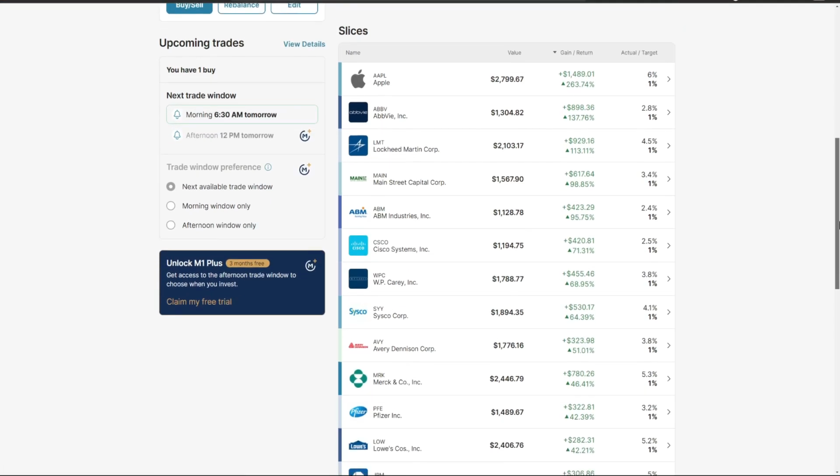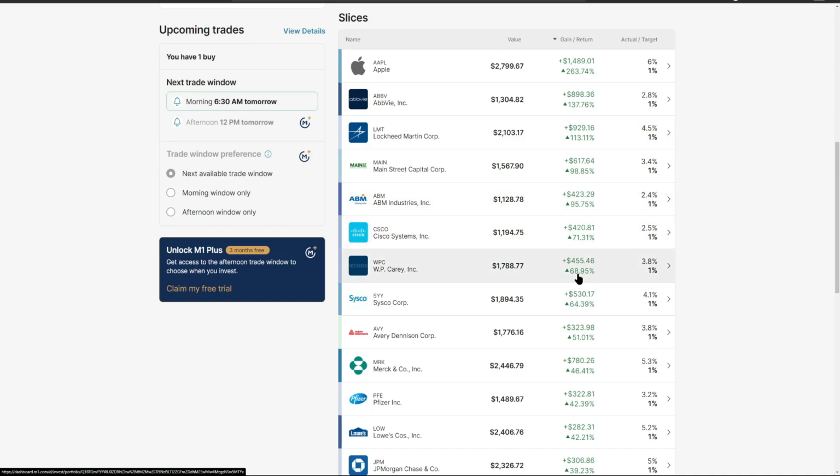But we can see here, there's a couple positions that are up over 80% or close. We have Cisco, ABM, Main Street, Lockheed, AbbVie, Apple. But if we look at the equity invested into these, going from the 60s, we'll say 2, 4, 5, 6, 7, 8, 9 together, 11, 12, 13, 14,000, maybe $14,000 of this portfolio. Well, that's the value now. So less than